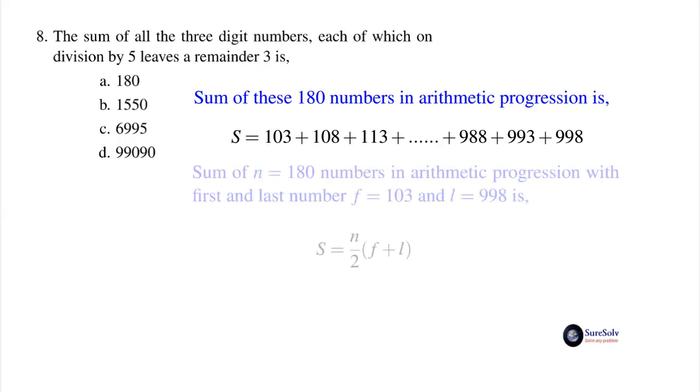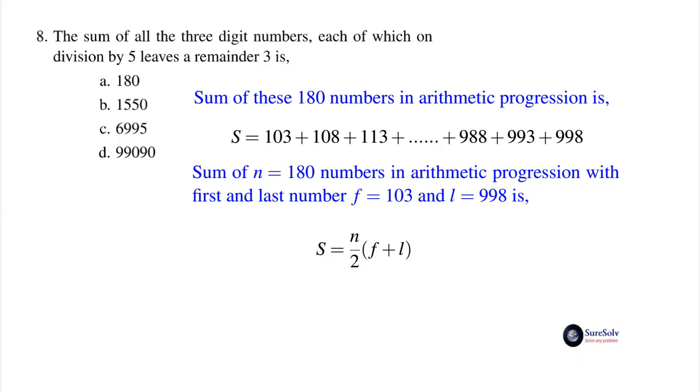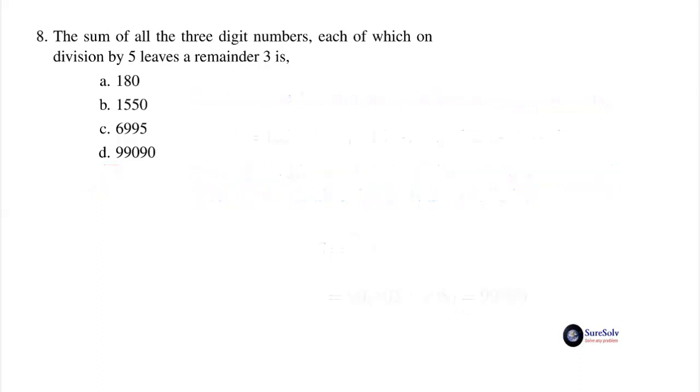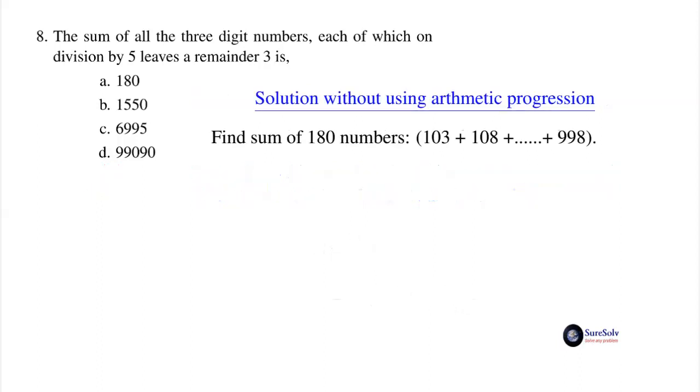Sum of an arithmetic progression is given by the sum of first and last term multiplied by half of the number of terms. The sum in this case evaluates to 90 times 103 plus 998. This equals 99090, but by number estimate you can identify option D 99090 as the answer without evaluating the product. You can also solve this problem quickly